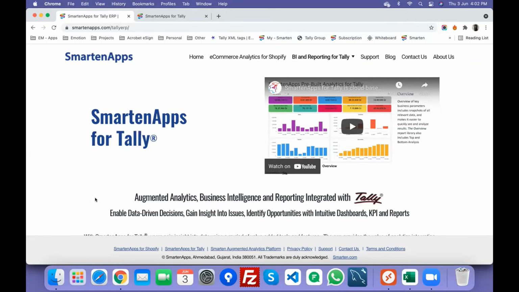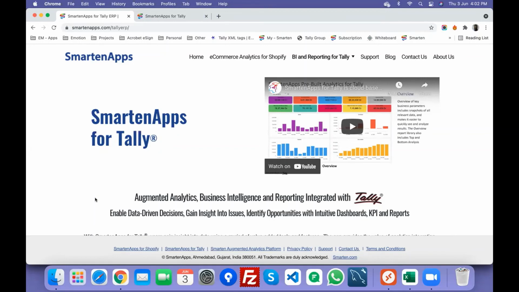Jayesh, we have covered a lot of graphical as well as tabular reports during the demo, so I believe we have answered your question. Do you have any solution for e-commerce? I think we have for Shopify. We have a similar Smarten app for Shopify, available as pre-built analytics.